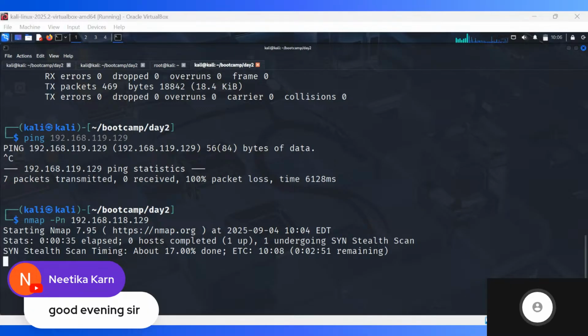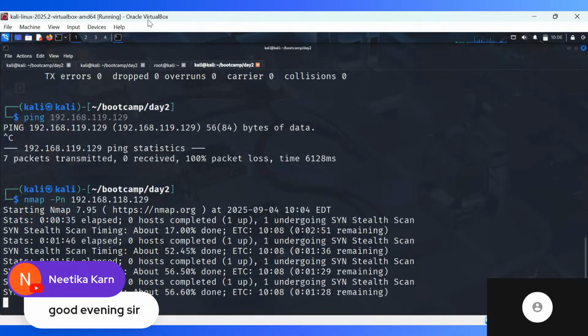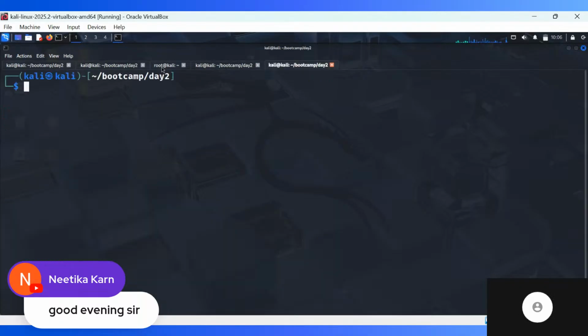Okay, let's now see what rules have been set. Since the nmap scan is going to take time, I think that's what we should do. All right, going back to Kali Linux. Okay, it's halfway. Opening a new tab. And now we're gonna look at a file.